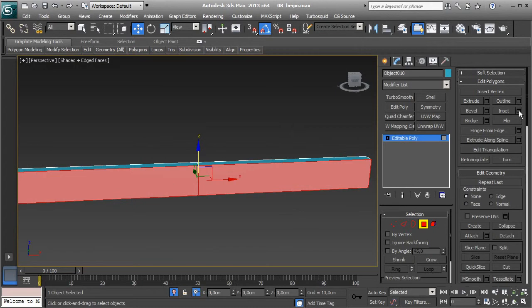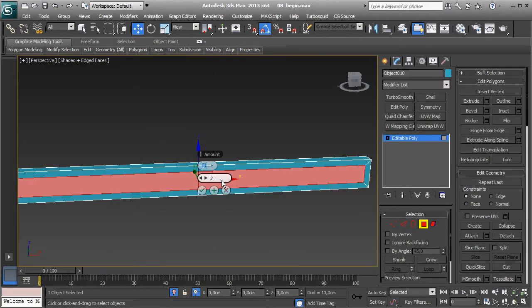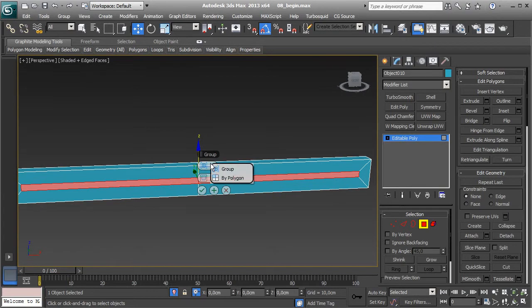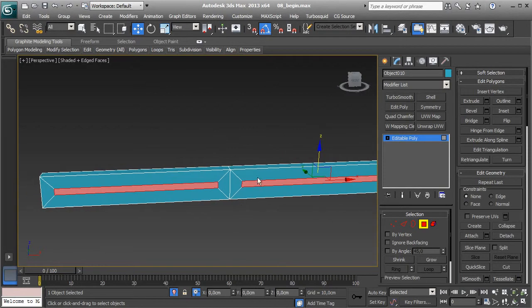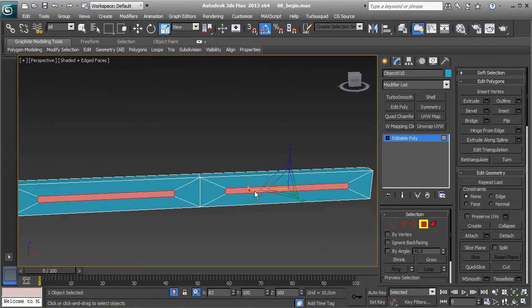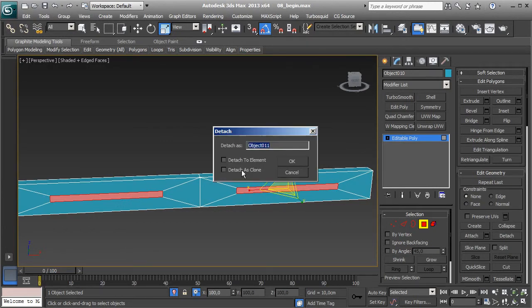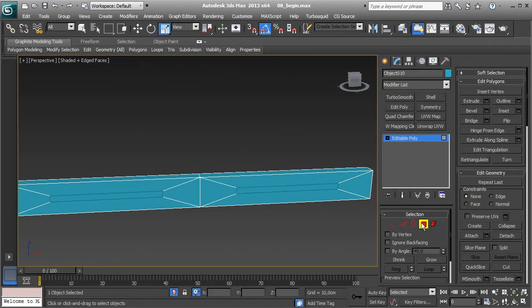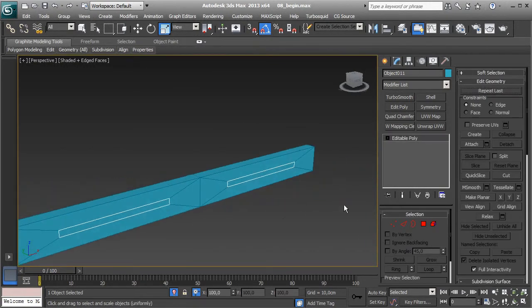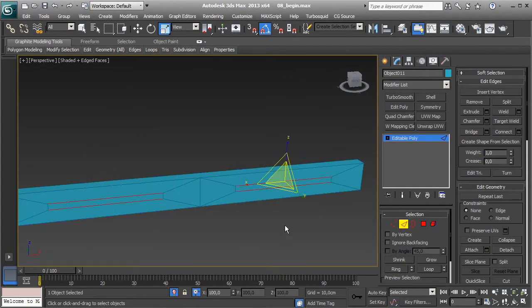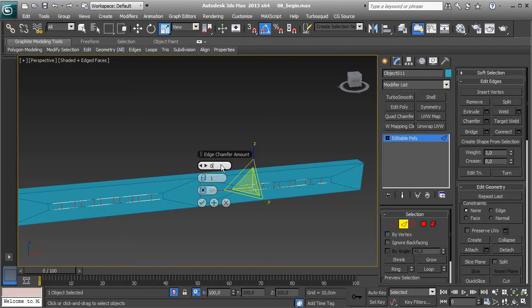select these 2 polygons and inset them by 2 centimeters and hit by polygon. Okay, and now scale them something like that, and we can detach these polygons as a clone. Okay, and now select these new polygons, select these edges, hit connect, 5 segments, and chamfer them by 0.05